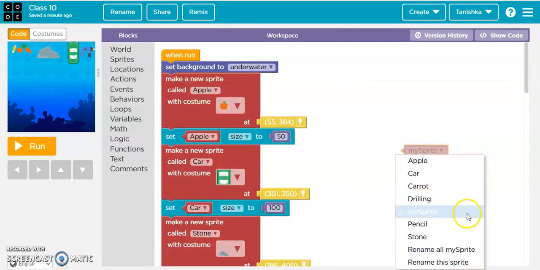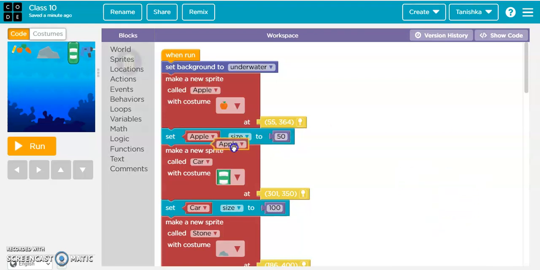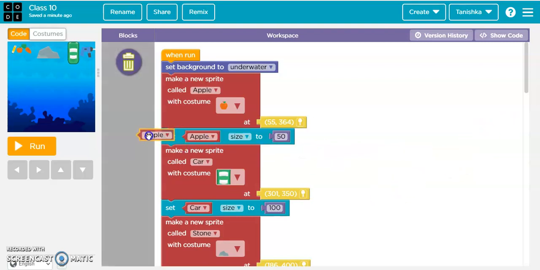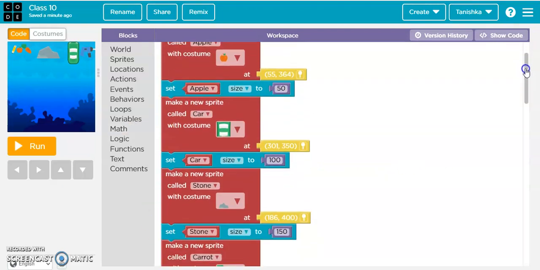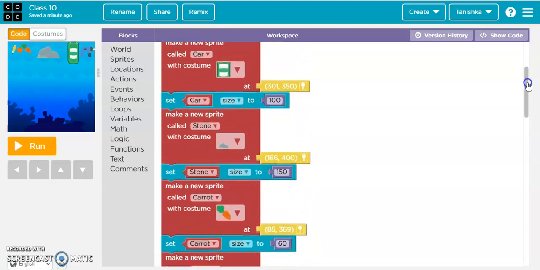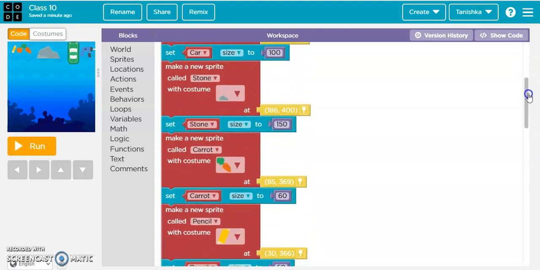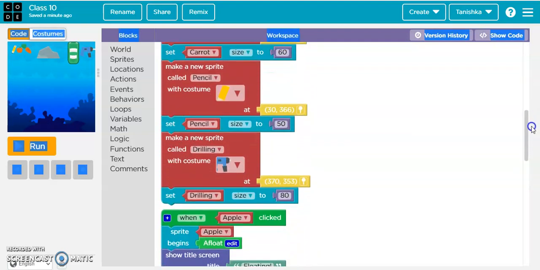Whatever name I use, like apple, I can use this block for the particular action of the sprite. So I'm just going to delete this block as well. I have done this with multiple sprites: apple, car, stone, carrot, pencil and a drilling machine.